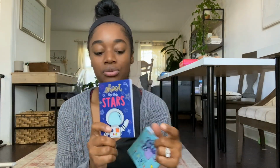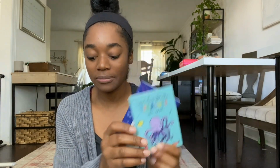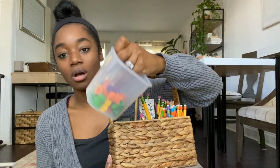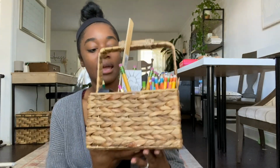And so I got them nature journals. So these are their nature journals if they want to sit down and draw a picture of whatever it is. So these are the little notebooks that I showed you guys that we got from Target. These go with their morning menus. So there's activities in there that will call for these little counting bears. It calls for like the little counting bears. And then this